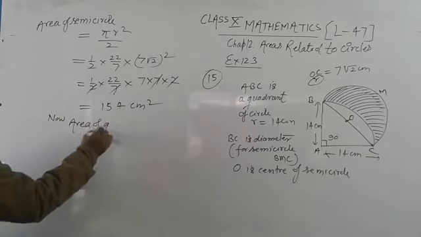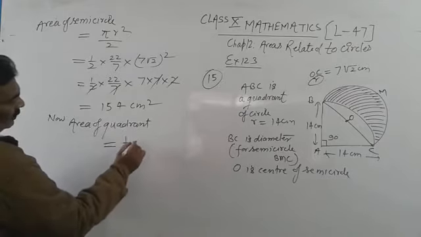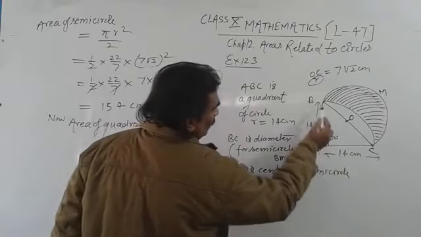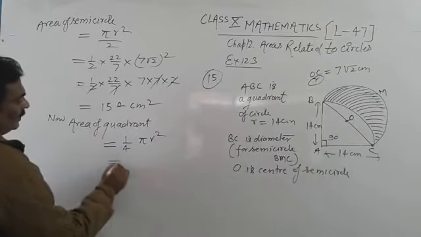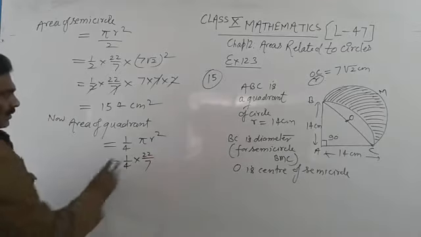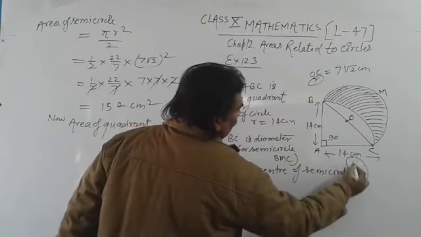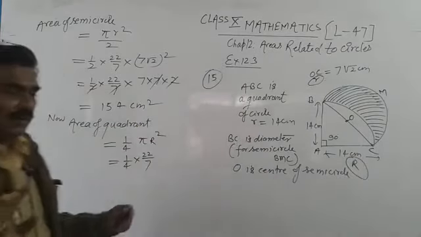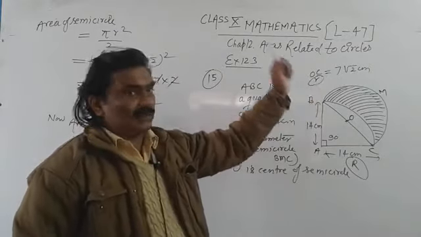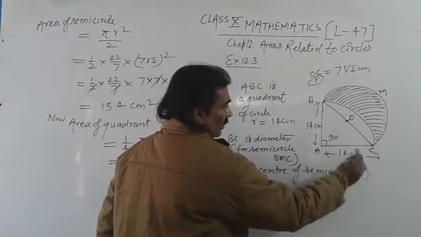Again now, the area of the quadrant. Now students, we will find the area of the quadrant, and you know the area of a quadrant is 1/4 into pi r square. Which quadrant? Quadrant ABC. We are changing the value of r, where for the area of the quadrant the radius is capital R. Students, remember, for the semicircle the radius is small r, and small r is equal to 7 root 2 centimeter. But for the quadrant we have radius 14 centimeter, which is capital R.